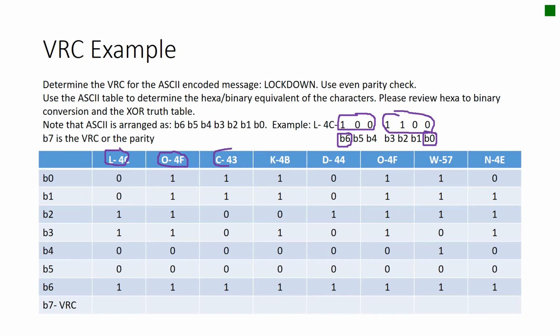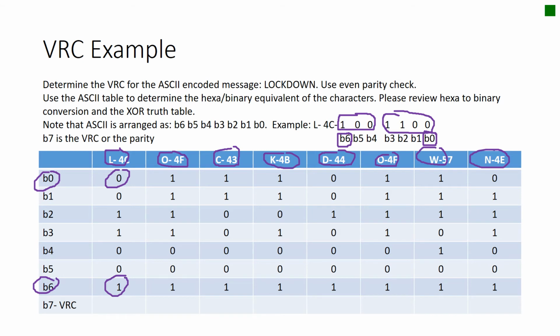C, K, D, O, W, N. Translate all those ASCII characters from hexa to its binary equivalent and write it on the table as shown, wherein the 0 order bit is on the topmost and then the 6th order bit is on the lowermost